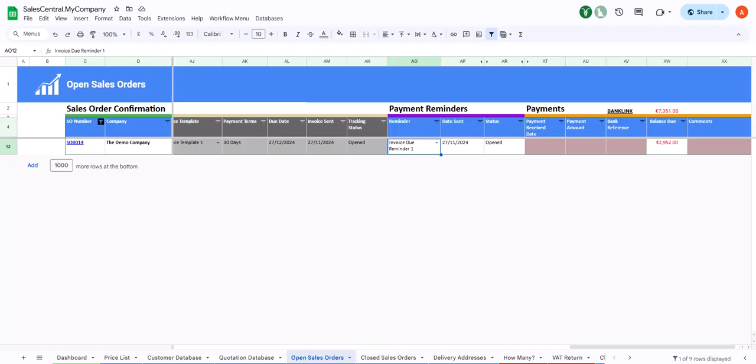So we can send any amount of reminders to the customer if it still is outstanding, and also we can record notes over here if we so wish. So that's how we remind customers on invoices that are outstanding via the